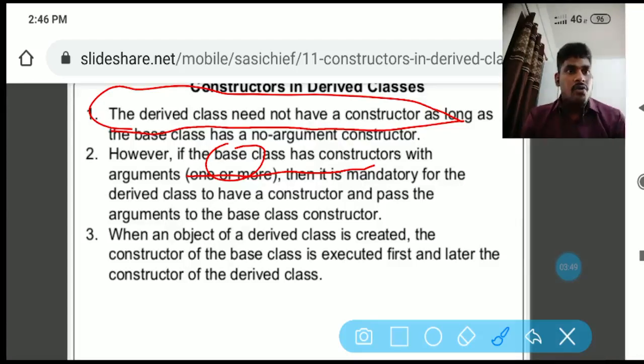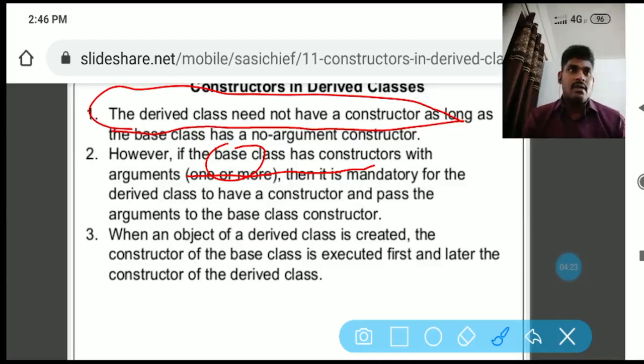The base class constructor is called automatically from the derived class constructor when the object is created. As long as the constructor doesn't have arguments, it executes automatically in the derived class.